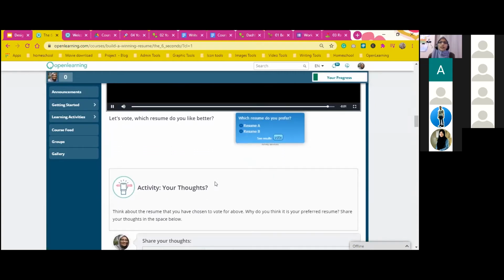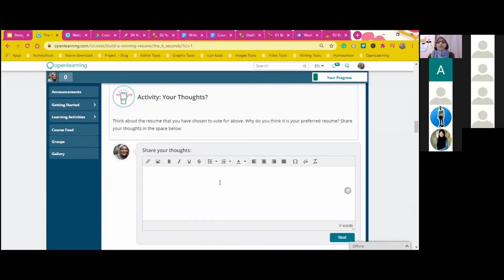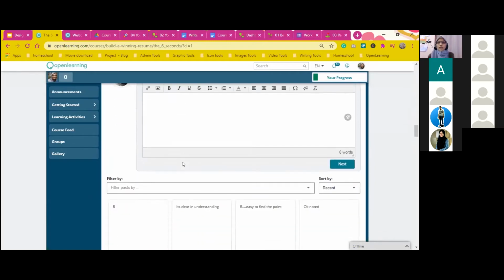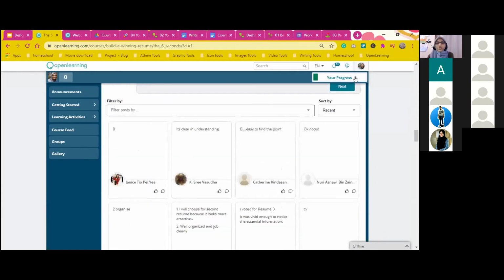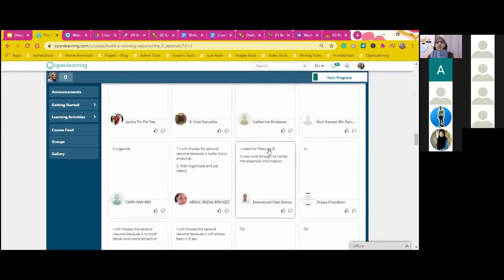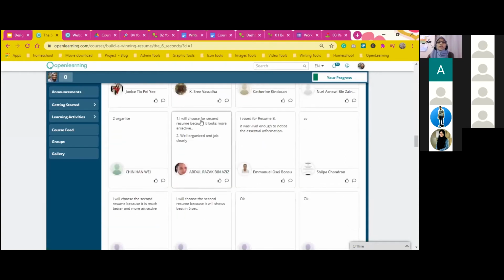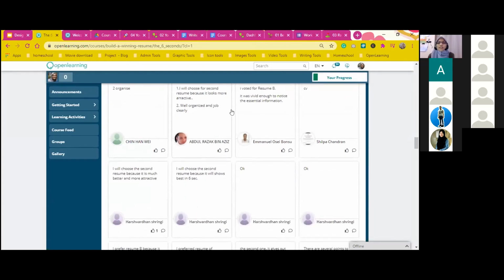Okay. And then the last one is to get the students to reflect. So what we get from the reflection is most of the students will go into resume B because it was vivid enough to notice the essential information, well organized, because it looks more attractive, will show best in 6 seconds. So all these collective answers are actually the criteria that the students need to actually know what they need to have in their